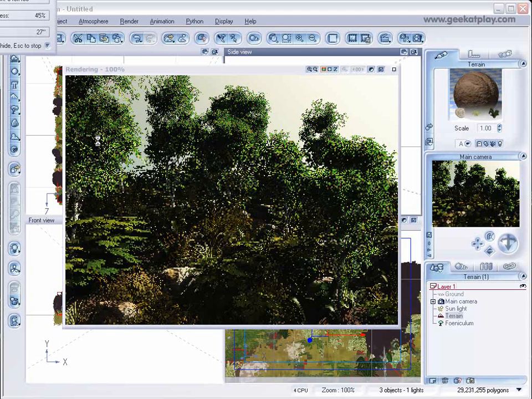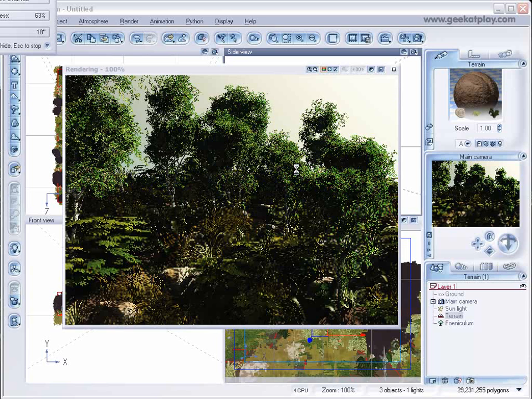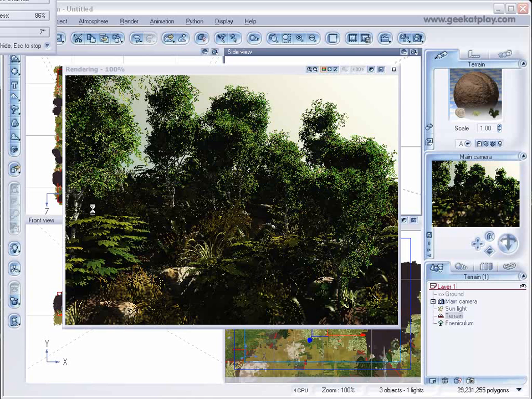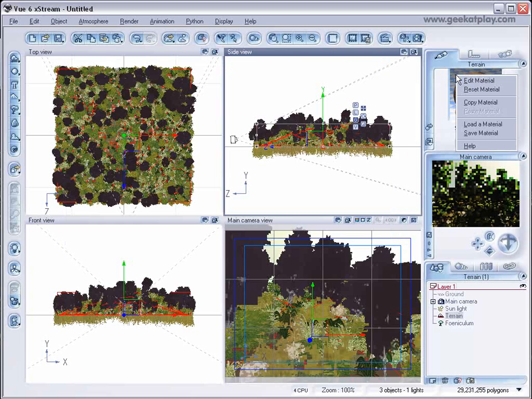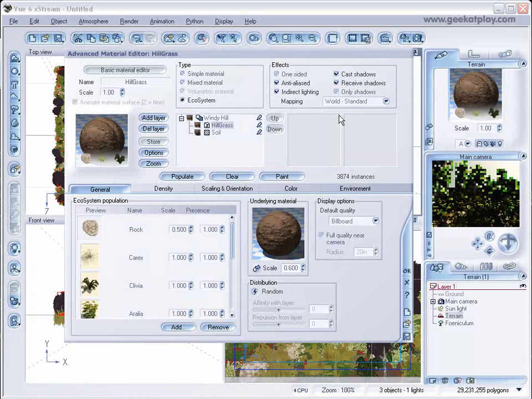Now, I'm liking how this is turning out, but it's not exactly what I want. And I think what I want is a little bit more control over where the trees are placed. And I can do that. I might not want this tree here. I might want this tree moved here. And I can have a little bit more control. And the way I do that, I'll go back in here and edit this material,